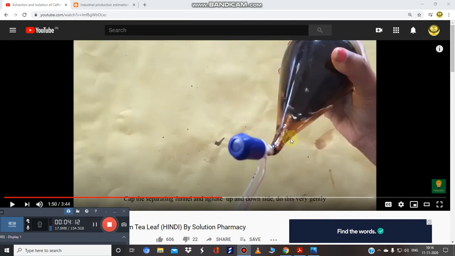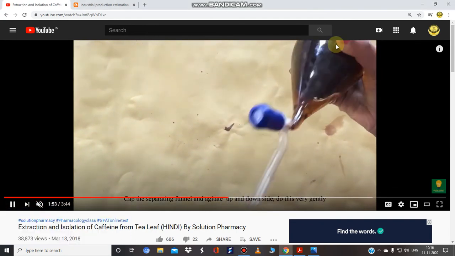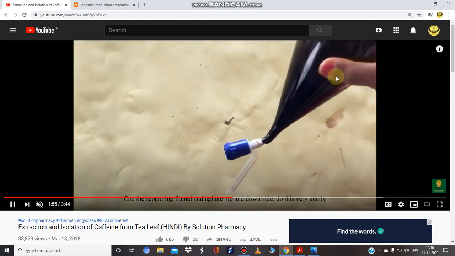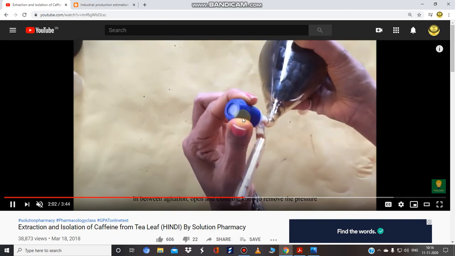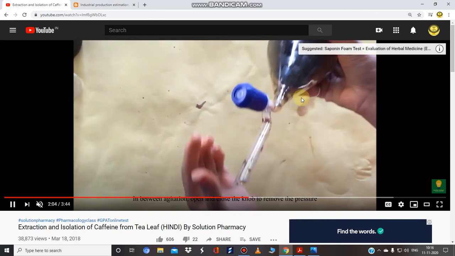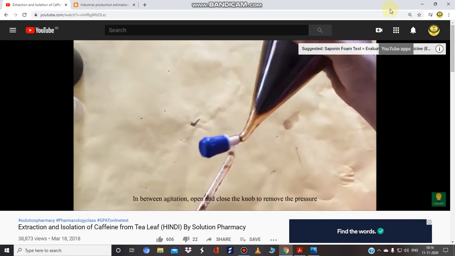So this is the procedure. Basically you have to do the mixing in this way. Let me show you again. In this way you mix, so that the caffeine present in the aqueous layer gets uniformly dissolved in your dichloromethane layer. Release the air, and do this type of agitation.